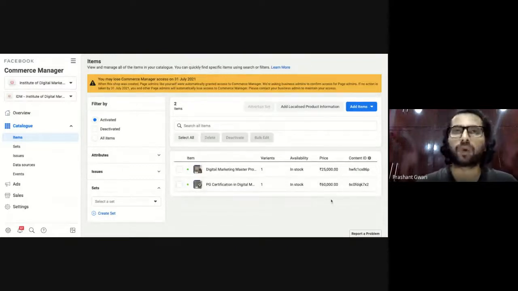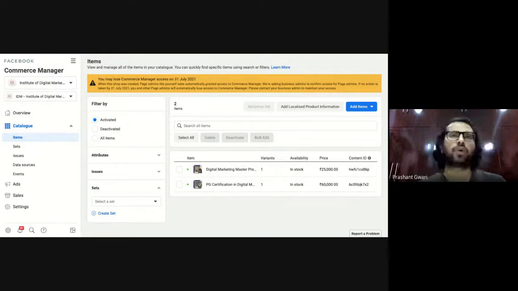Same as you upload products on your website, you can upload products on your Instagram and Facebook shop too. But it is only available for a few people, not for everyone. On Facebook, it is available for almost everyone. On Instagram, it is available for few people. So let's say you have uploaded a few products to your catalog on your Facebook and Instagram page, and you want to promote or advertise that catalog.